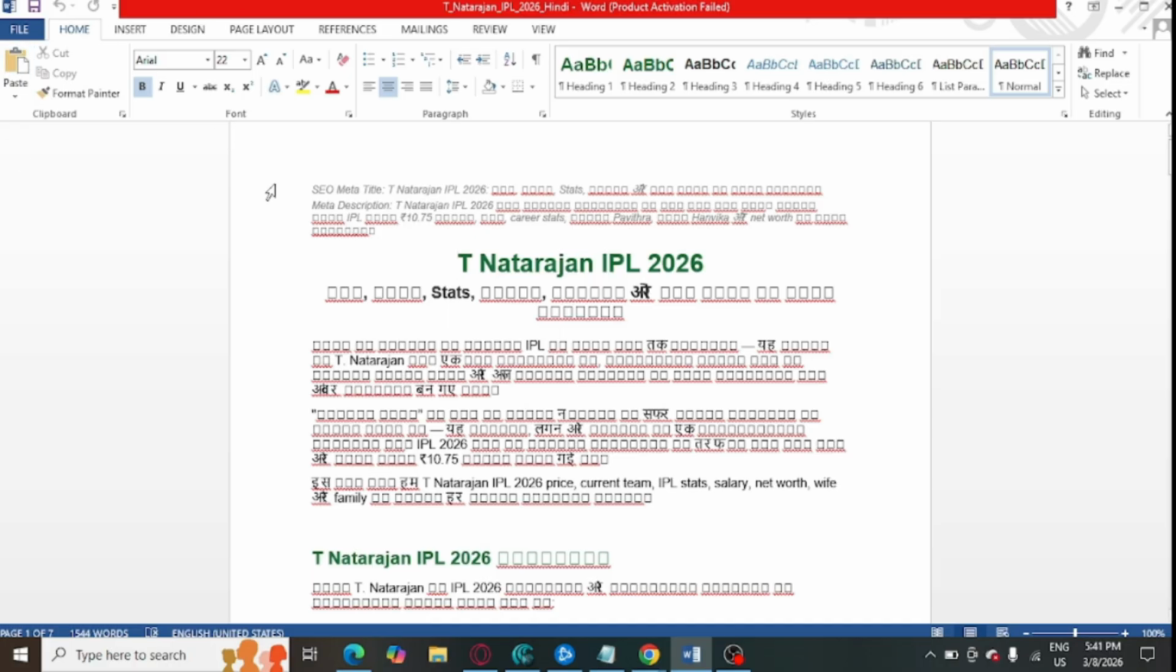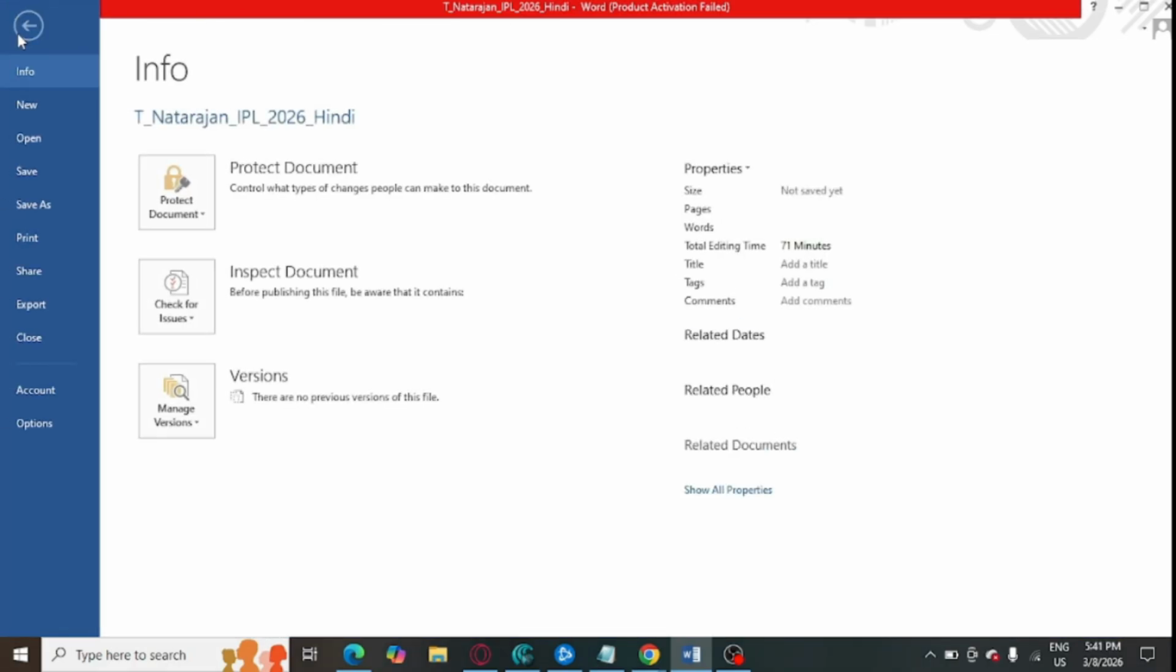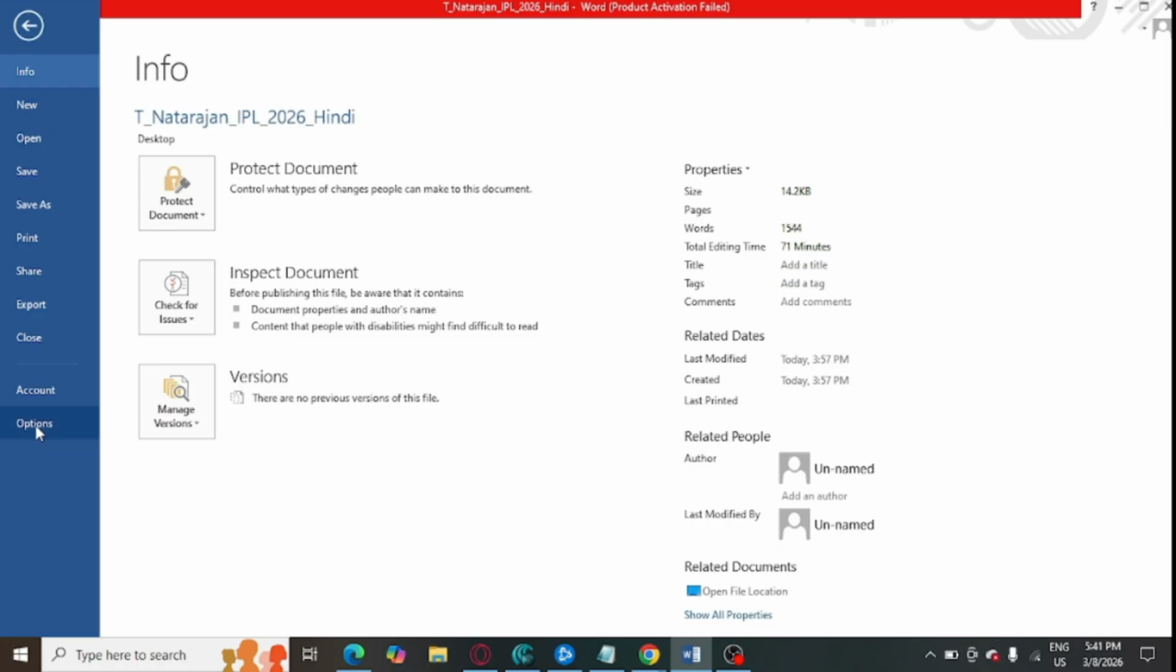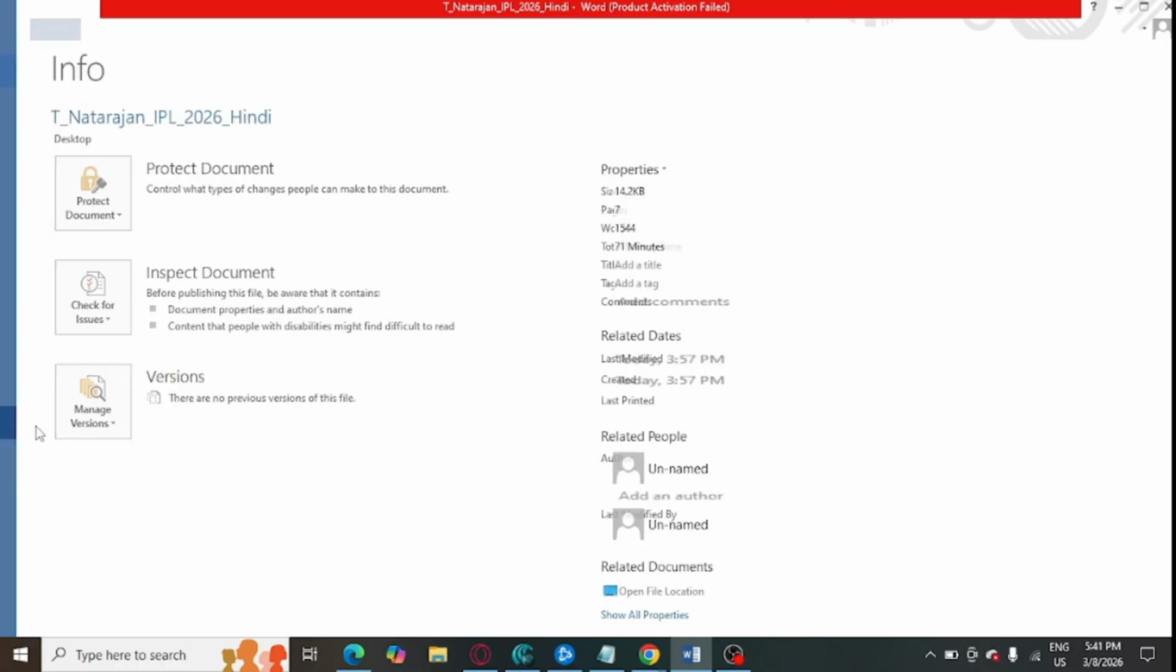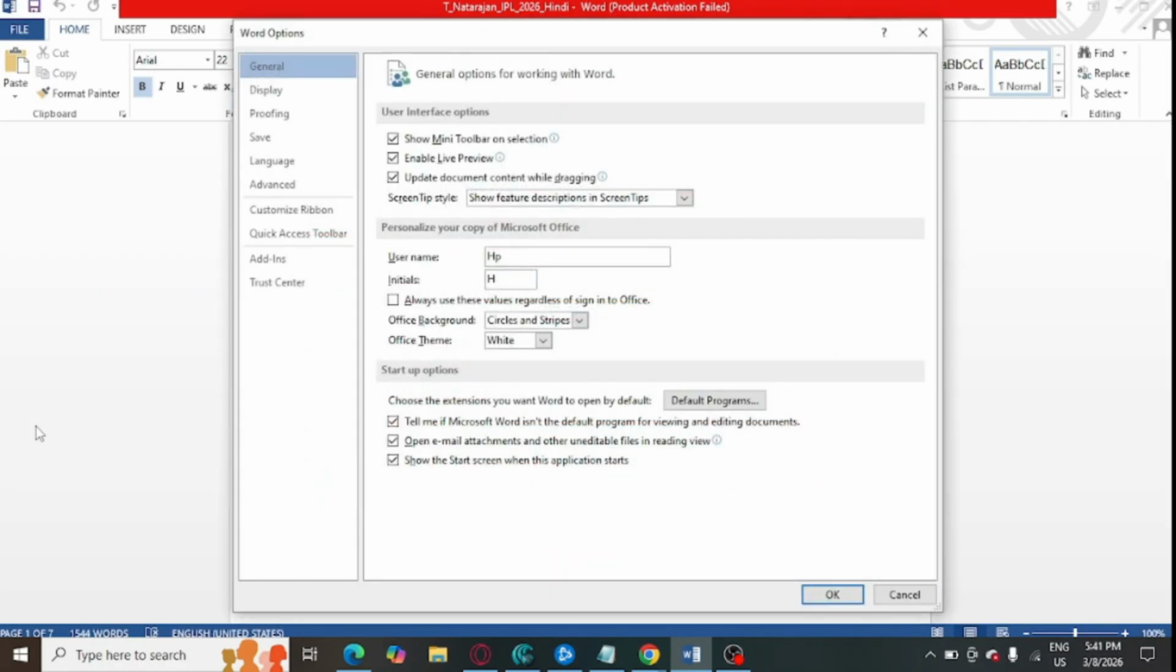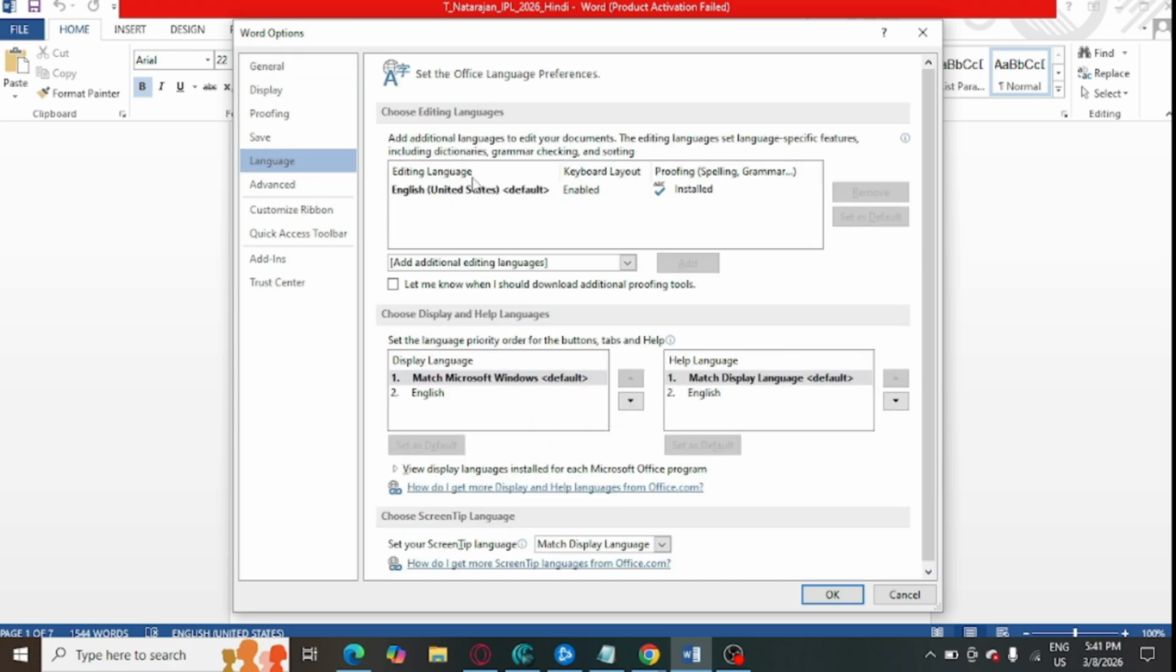You need to first of all open this MS Word and go to this File option. Just press here, and after that you can see options showing at the bottom. Just tap on this. After that you can see Language is showing. Just tap on Language. As of now my English language is enabled, so I need to add one more language,